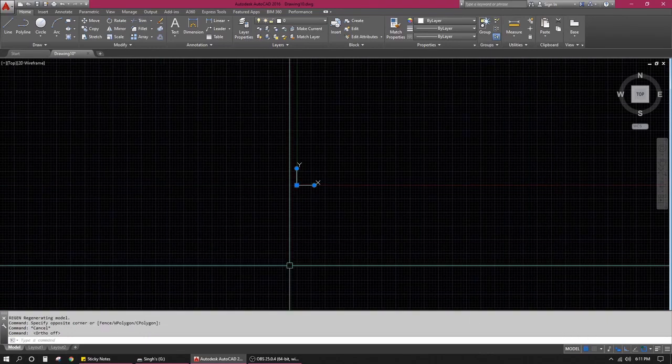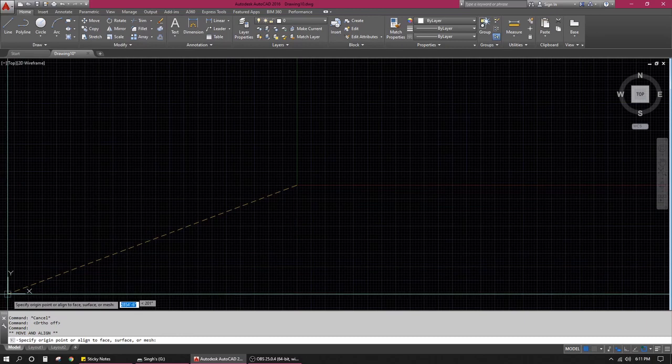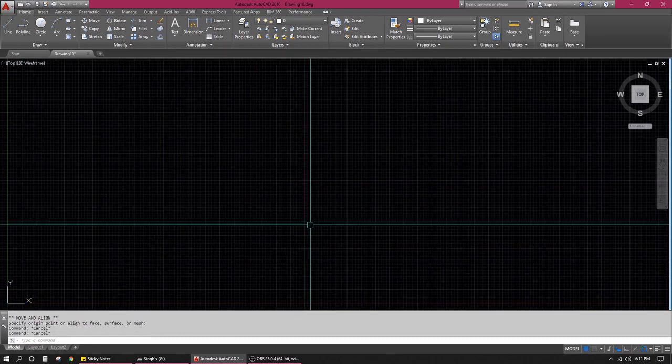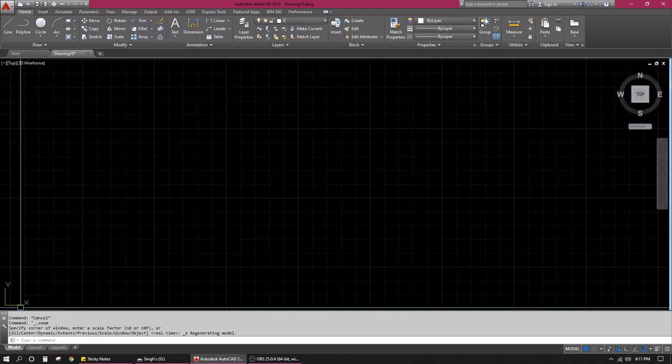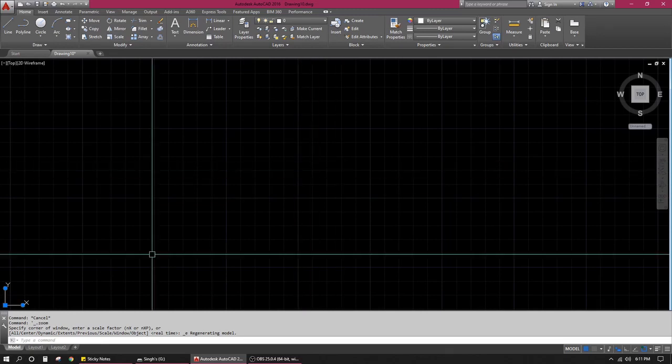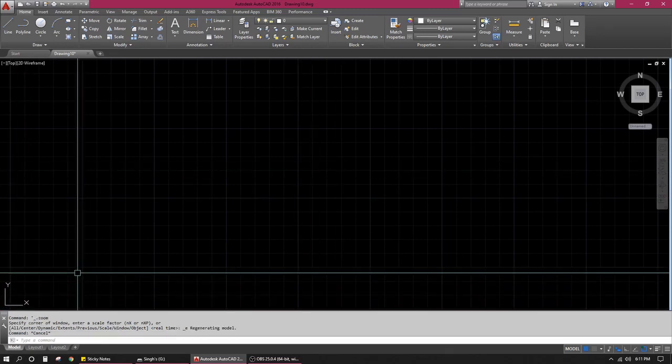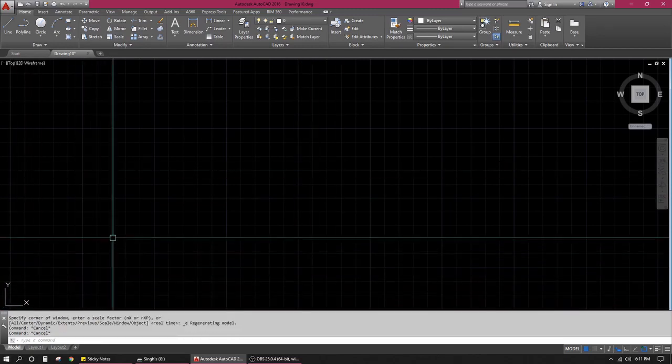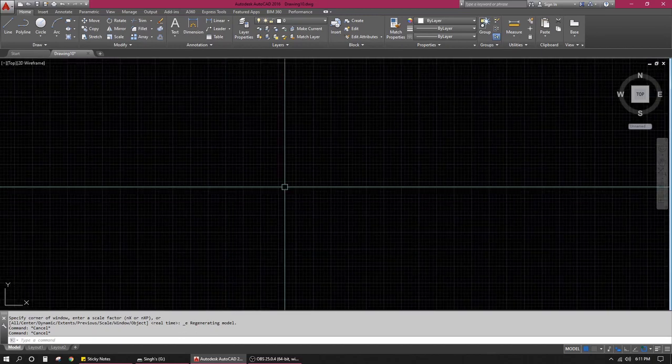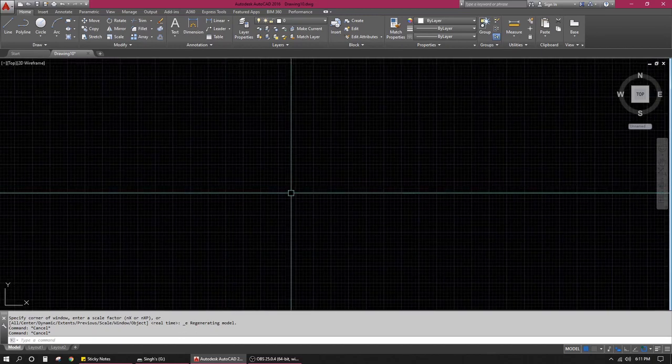I need to get this out of my sight. Usually what we do is move the axis from the center of the screen to the bottom of the screen, because it disturbs your drafting. So I've done that, and I'm ready to go with AutoCAD. I hope you learned something. I hope you understood a basic concept of what AutoCAD is and how to set a page up.